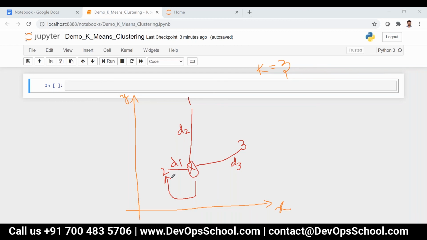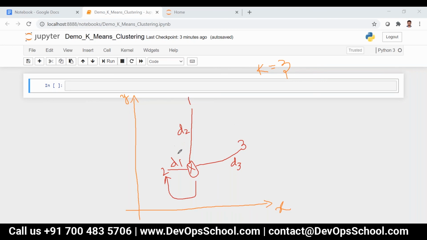Once all the data points are processed, we have to change the centroid by taking the average of all the data points. We have a formula for that, in order to update the centroid. Then the centroid position will change.